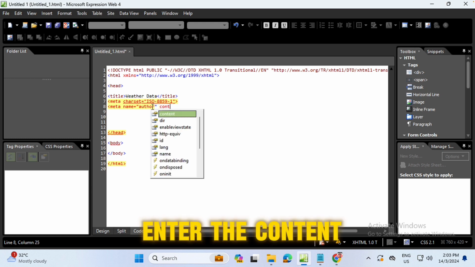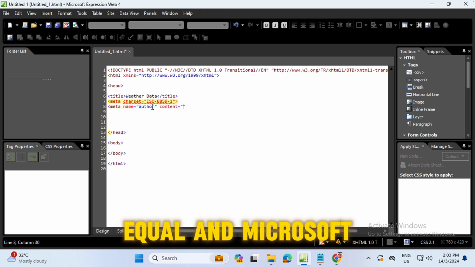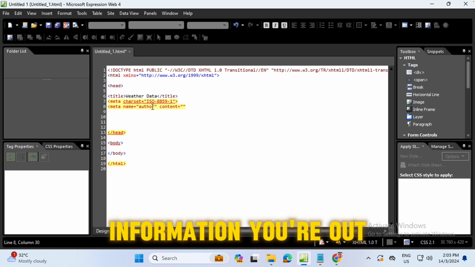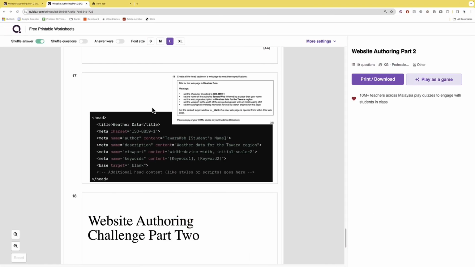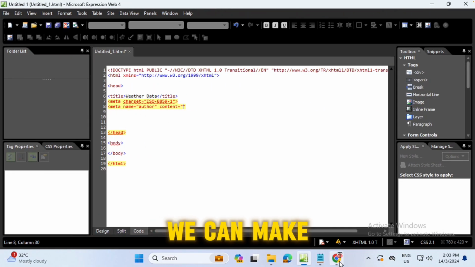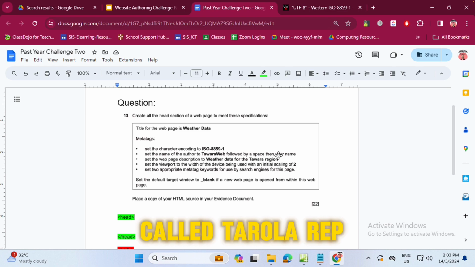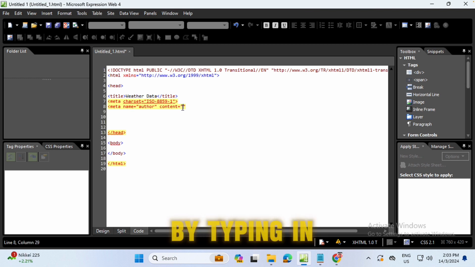You enter the content equal, and Microsoft Expression Web will give you the information URL. And then at the author content, we can write the name Tarawa Web and then put in your space and your name. We can simply do so by typing in